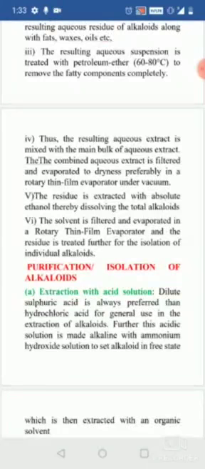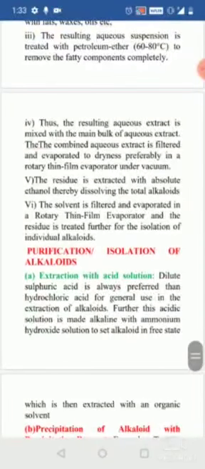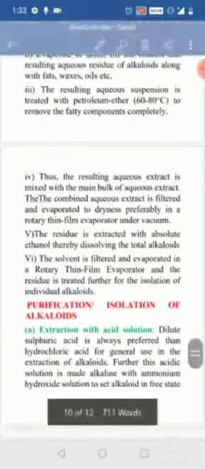The residue which you have extracted, in the end you are going to treat with ethanol. That is going to dissolve the alkaloid. Then you are going to filter it. Again you are going to evaporate the residue, and you are going to get the alkaloid. That you are going to purify by further methods.